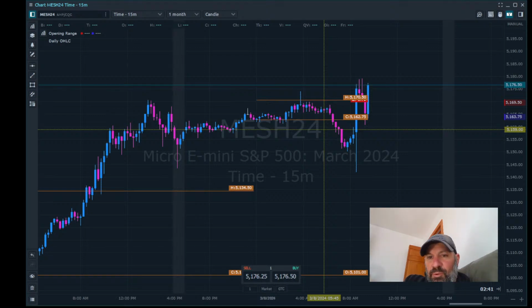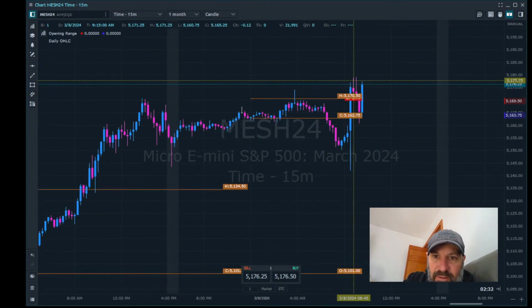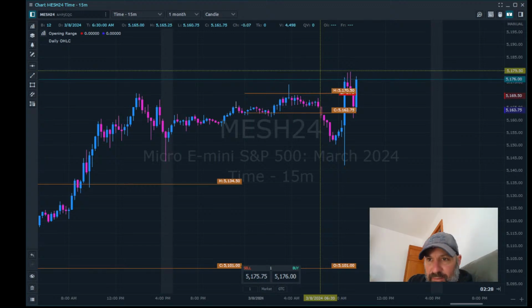Because that trade was basically a scratch, I'm not going to re-enter. I do think we sweep the high, which is located right there where that yellow cursor is, about 51.79.25. So getting out, I think that's going to be swept to the high side, and then we'll probably move lower